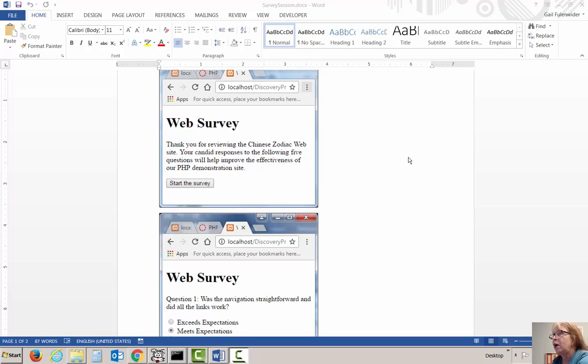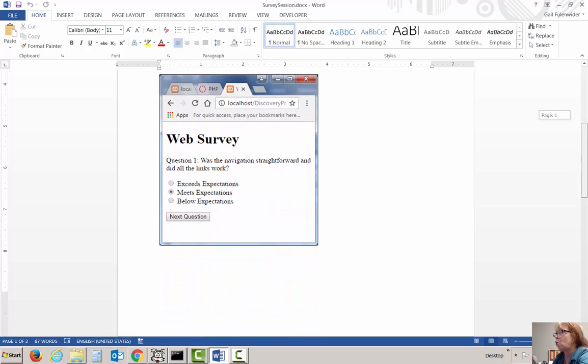Every time we initiate any type of browser activity on a site, we start a session, which has the session ID assigned. Now look at the one we have here. On the entrance page we have a web survey, and it says start the survey. And again, this is based on the fact that I haven't taken the survey yet. So I'd have to check to see whether I've taken it yet